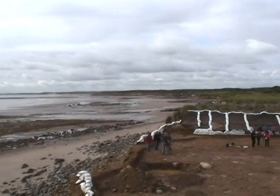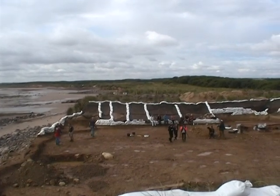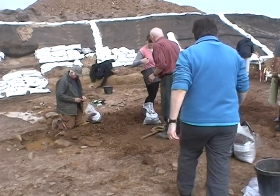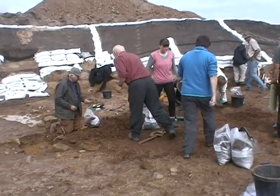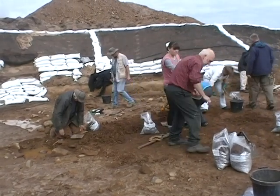This has been quite an extraordinary dig, really, from various points of view, partly because there's been such huge local interest. The Amble community in the area around Amble has just got so stuck into this project, which is quite amazing. Even with archaeology nationally, it's very rare indeed to have a project that has so many people actively involved. If you include the school children, the volunteers, the students, everybody, we've had around 600 people physically participating